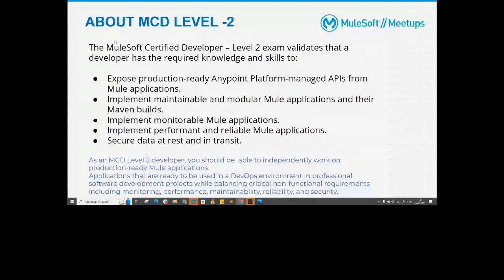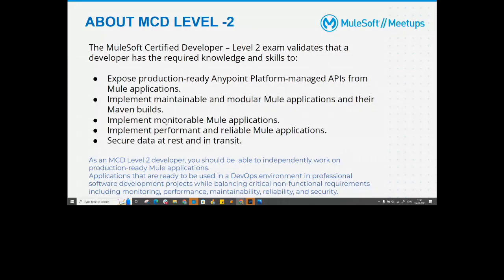But this Level 2 will expose you to creating more advanced Mule applications. You will learn how to implement maintainable and modular Mule applications and their Maven builds. Using Maven, you will understand how to handle dependency management and how to make your applications more modular and maintainable.